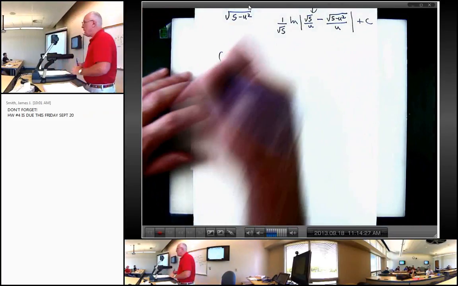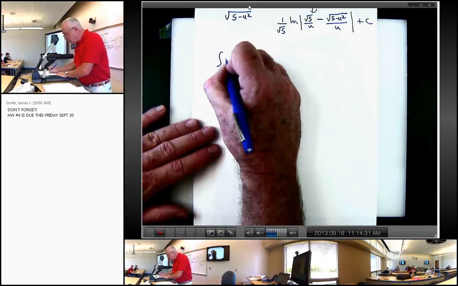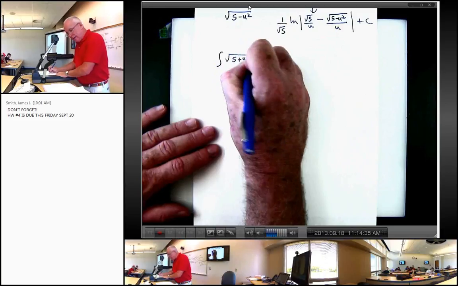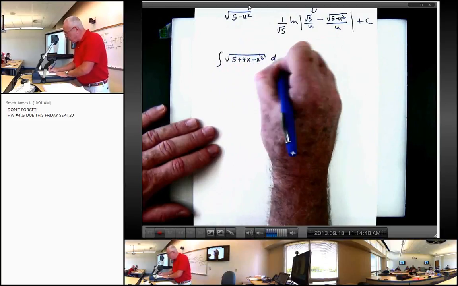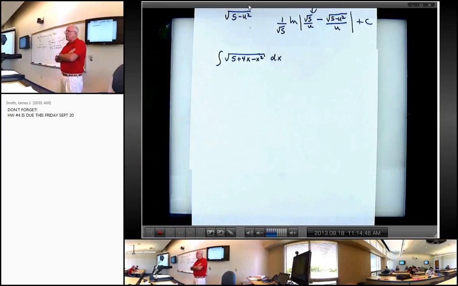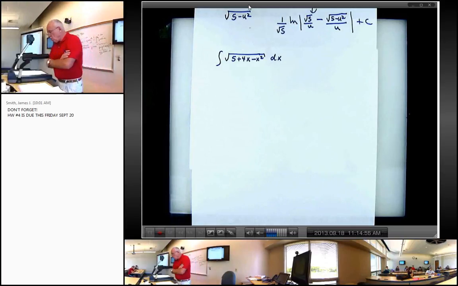Saving the best for last here. Okay, here we have the integral of the square root of 5 plus 4x minus x squared dx, and you look at that and say, how in the world can I apply this section to that integral? All right. Well, let's